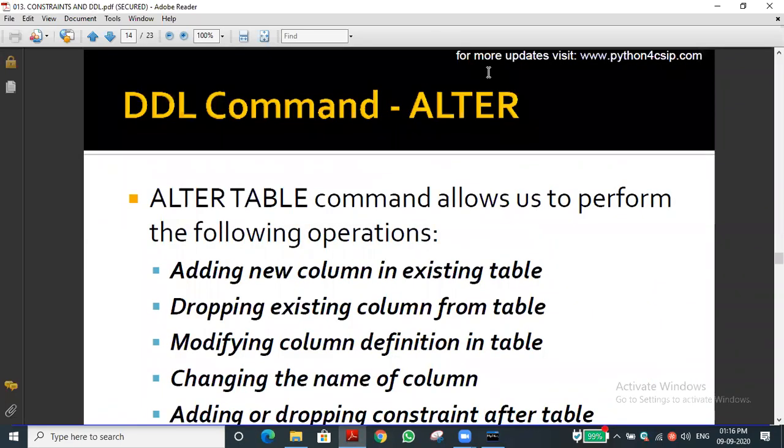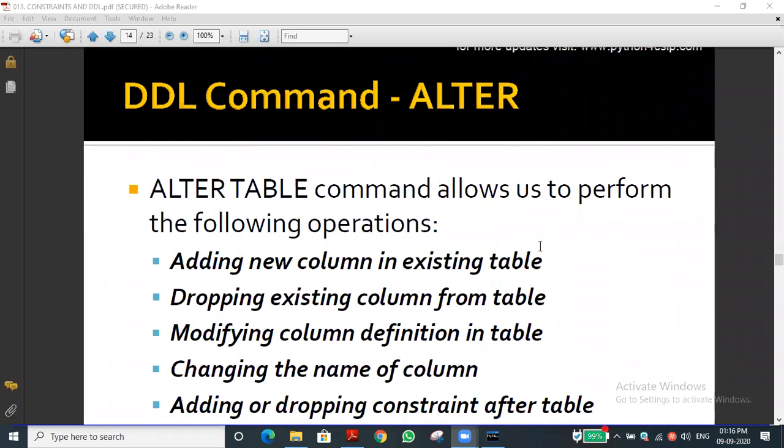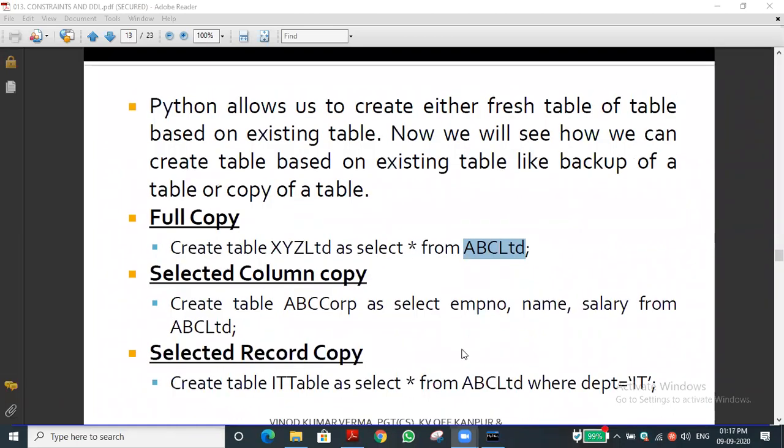At that time we can copy the IT department and the salary. For example, many people are there, and you want to select the IT department, and department and salary equal to 20,000.